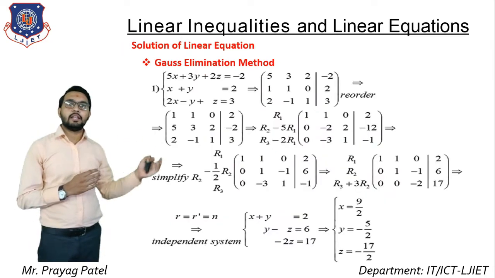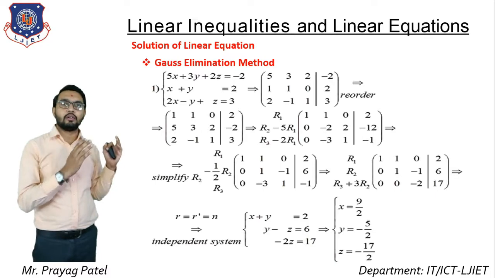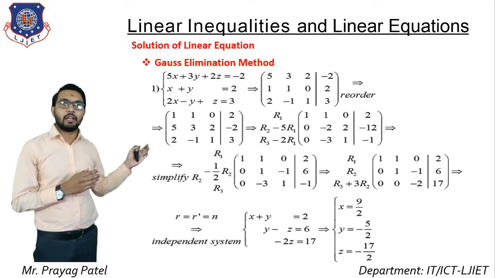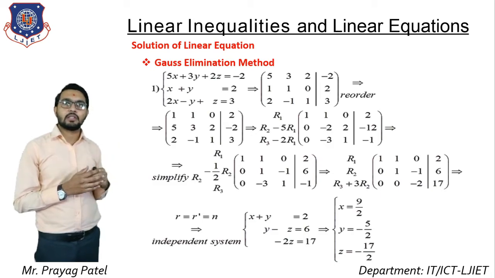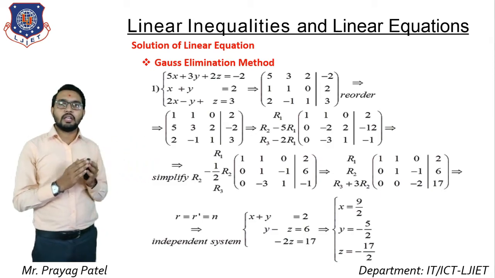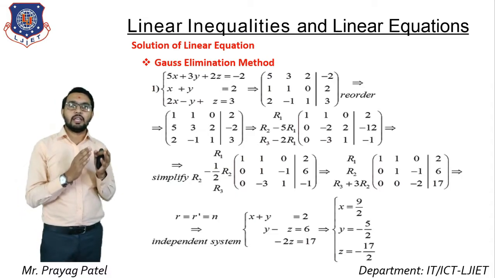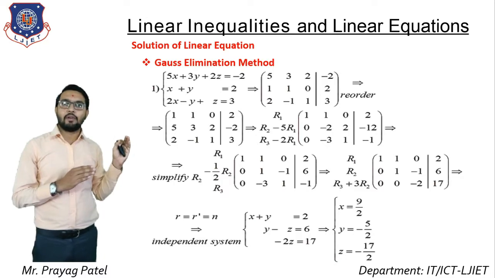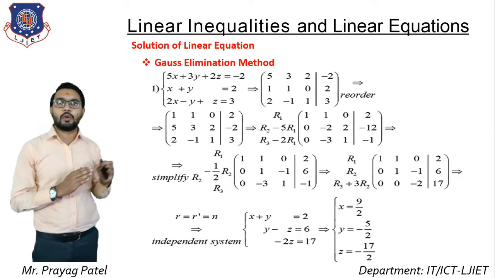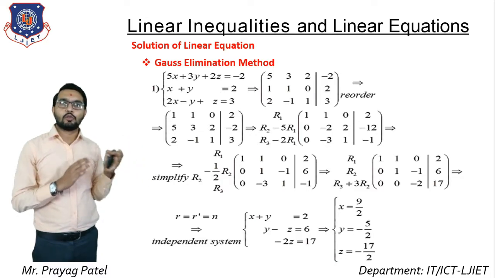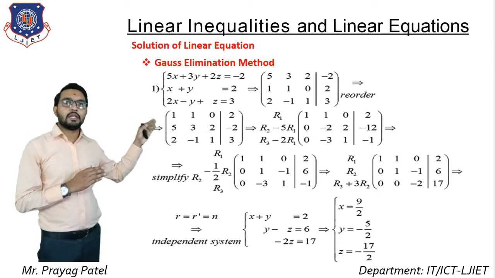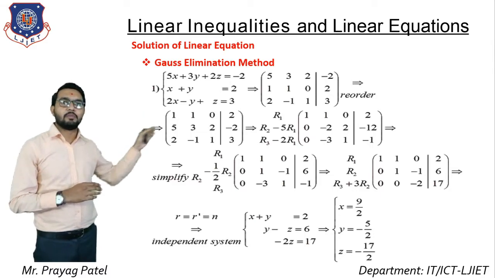Now you can solve this type of equation using the Gauss elimination method. In the Gauss elimination method, here we have 3 equations and 3 unknown variables. For solving this, you consider the coefficient of each and every variable. Means here consider 5x, so 5 is the first coefficient with x. Then 3y, so 3 is the second coefficient with y. And 2z, so 2 is the third coefficient. According to each coefficient, you can form this matrix.